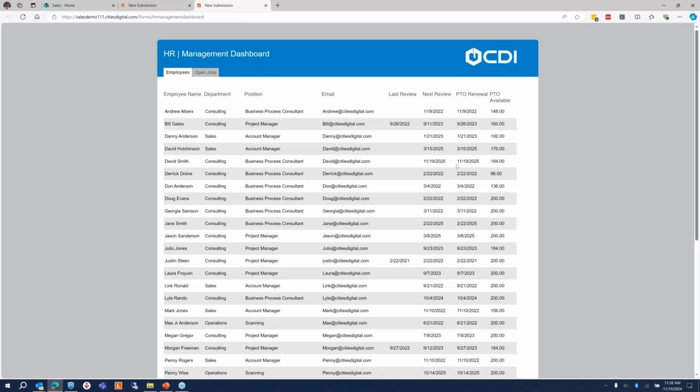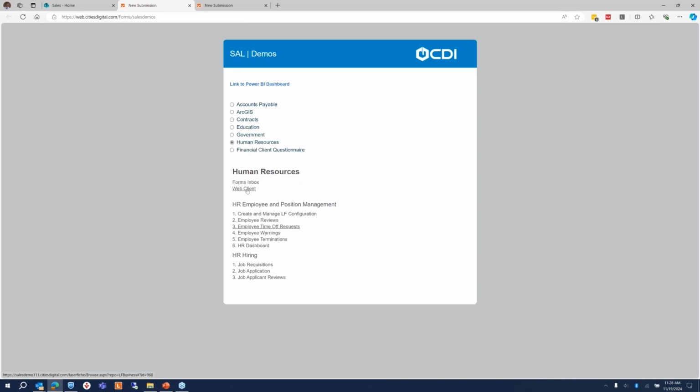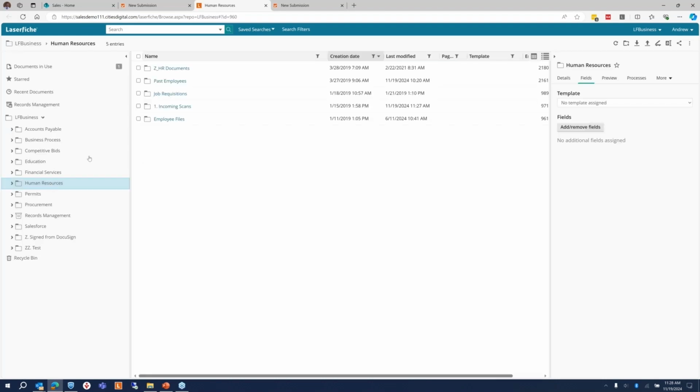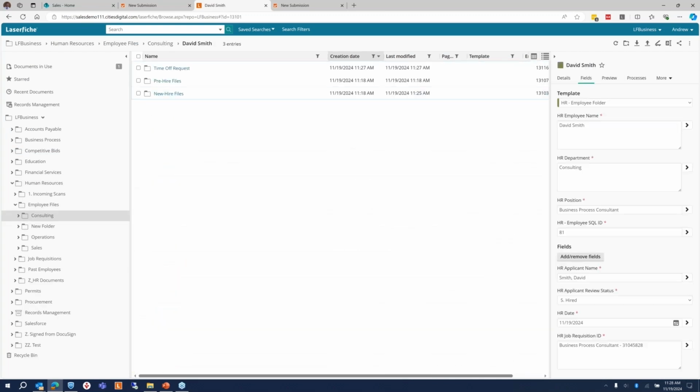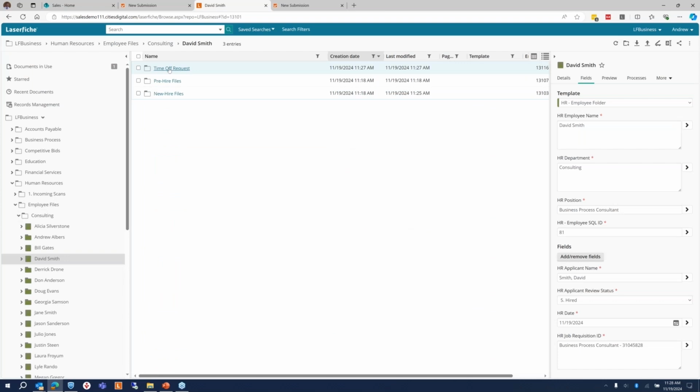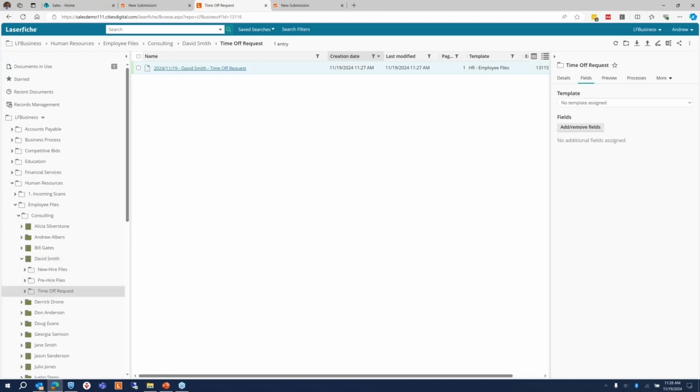under David Smith, you'll notice that from 200 hours, he's now down to 184. So this is a really nice dashboard for tracking PTO if you wanted to do something like this internally. But in Laserfiche, let me show you that folder that got created for this time off request under his main HR folder. So if I go back to HR, employee files, consulting, David Smith, you'll notice it created